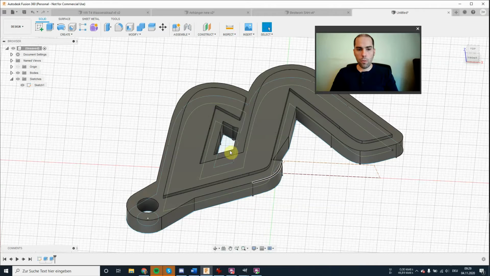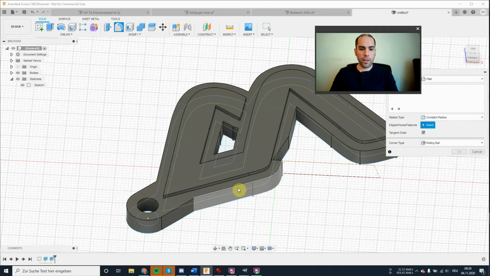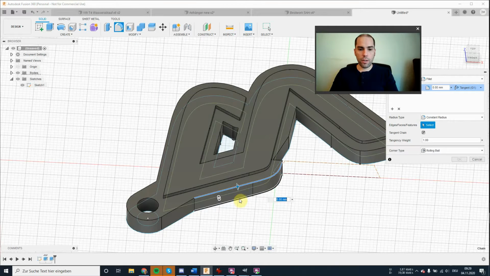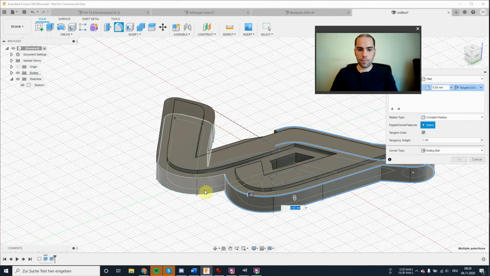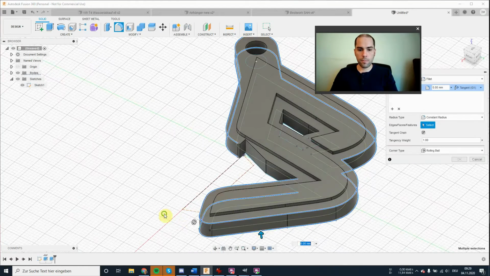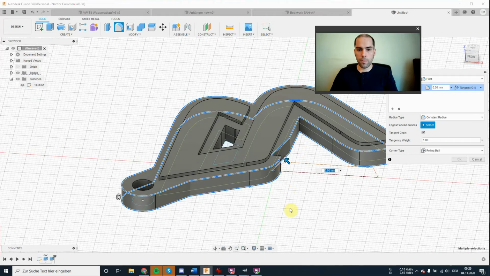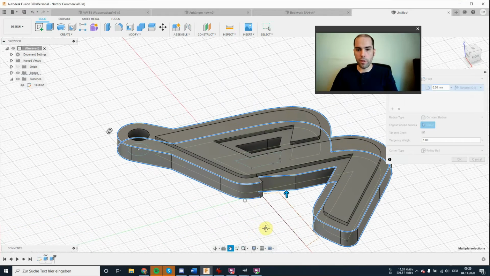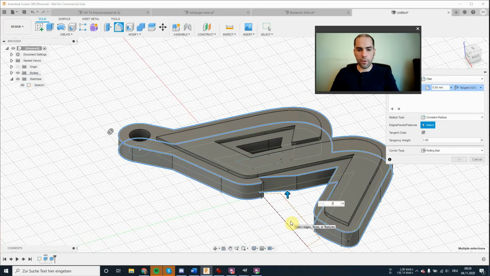Next, we'll give these edges here a fillet, which means they will be rounded. This is done by the fillet tool. Now we need to select all the edges, except for this one, which we don't need, and enter a radius of 2.